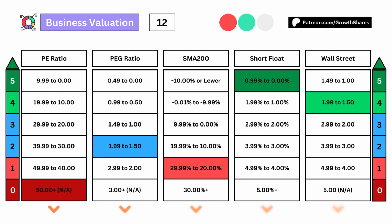And the last 5 metrics deal with the company's business valuation. To get those 5 points, the PE ratio will need to be 9.99 or lower, the PEG ratio will need to be 0.49 or lower, the SMA 200 will need to be negative 10% or lower, the short float will need to be 0.99% or lower, and the Wall Street rating will need to be 1.49 or lower for a